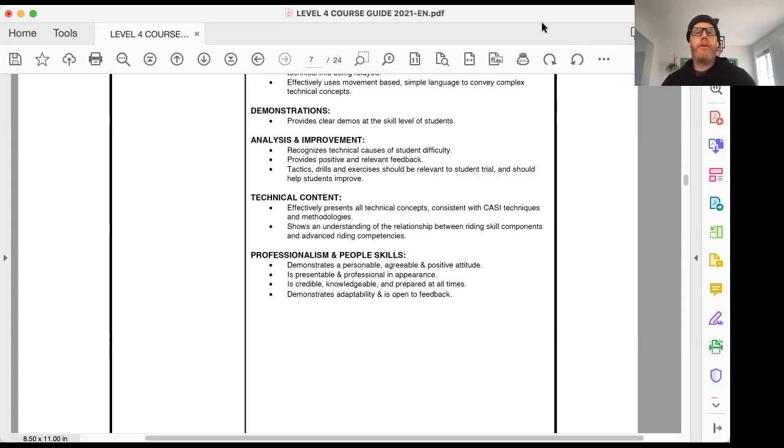Is credible, knowledgeable, and prepared at all times. So credibility comes from your ability to walk the walk and talk the talk and back up your skills. Knowledgeable and prepared. One aspect of being prepared with this teaching exam that I would really pass on from personal experience, watching exams go on for many, many years now, is when it comes to terrain choice. There's a lot of ways to be prepared and credible and knowledgeable in your teaching, but with terrain choice, so often for most people, you'll be completing your level 4 exam at a resort that's not